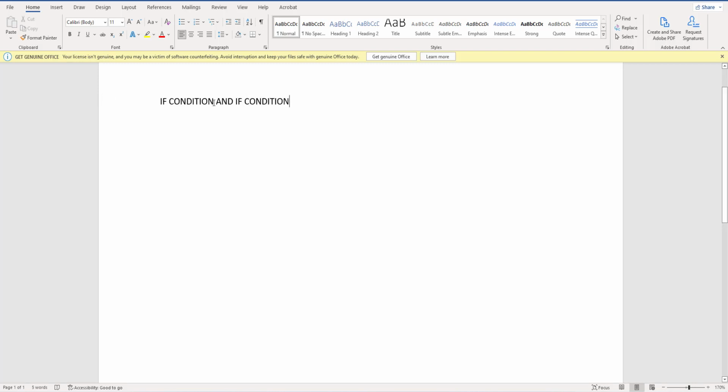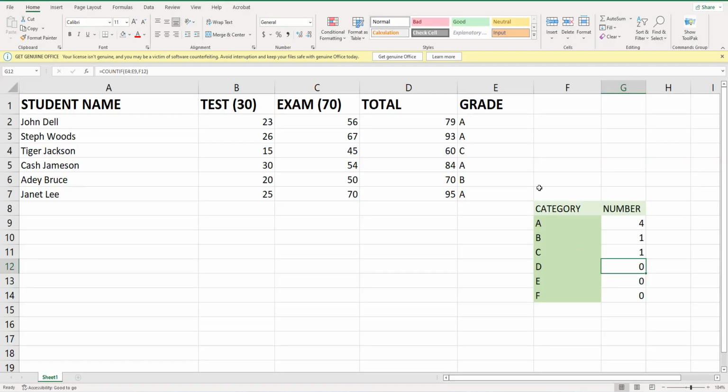And now you check if this condition is true, and this condition is true, then you give us the value. And that is exactly what the Excel function is doing with the COUNTIFs. It's going to compare two COUNTIF statements and then give you a decision. But in this case now, we're going to create one more